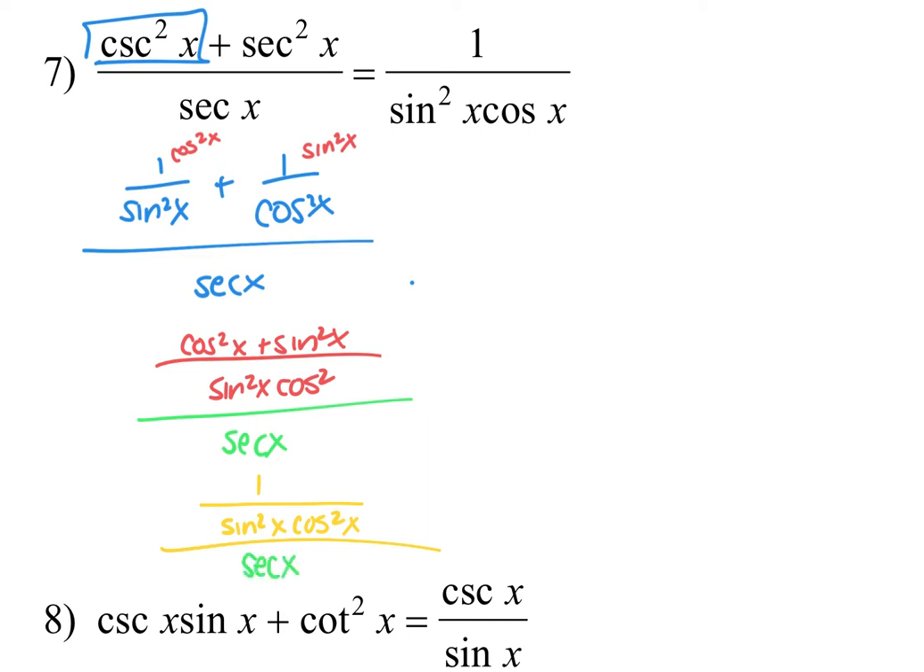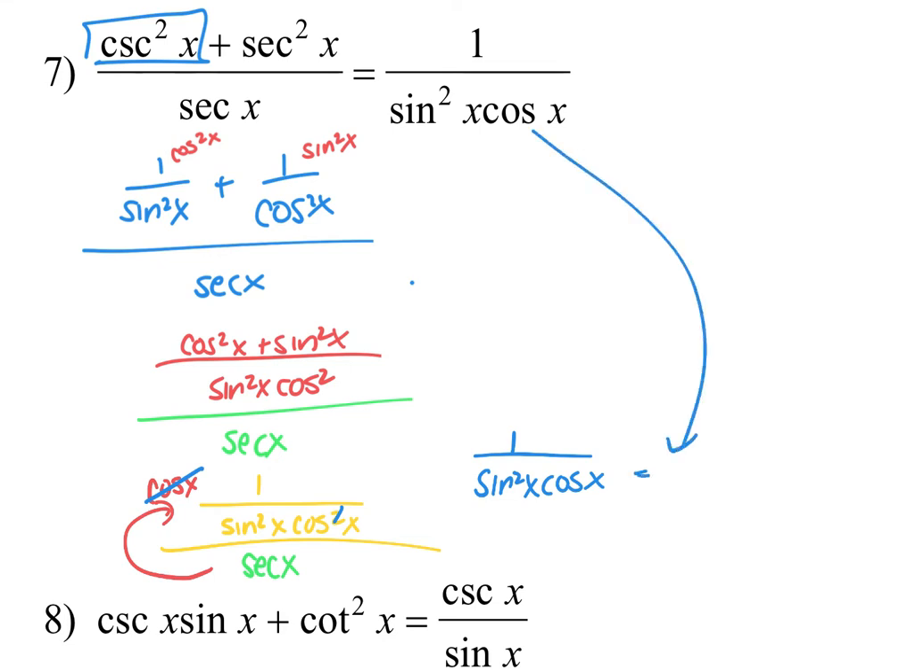So now, because obviously I don't want the fraction within the fraction on the right-hand side, there's only one fraction. If I wanted to bring secant to the top, what does it become? And then you can cancel one of these cosines out, and I end up with 1 over sine squared x cosine x equals, and there's the other side. So the reason you can cancel out that is because there's no addition sign in the